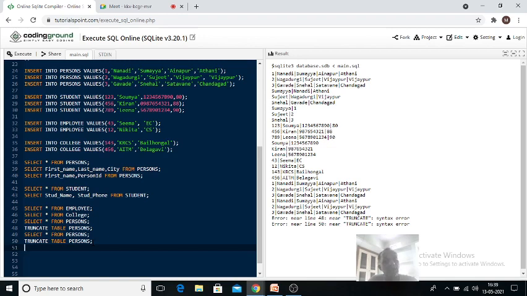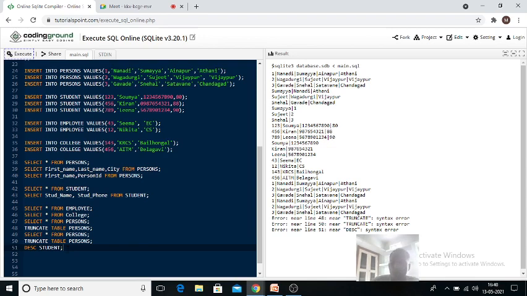Okay, I'll let you know, because this command is also not working. DESC, describe student. Describe student means it will give you the structure of the student table. Yesterday I even tried, but it is not working in the online compiler. See, again this is also giving the error, but it is exactly the same as it is there. So we'll let you know whether truncate and describe work in the online compilers or not.